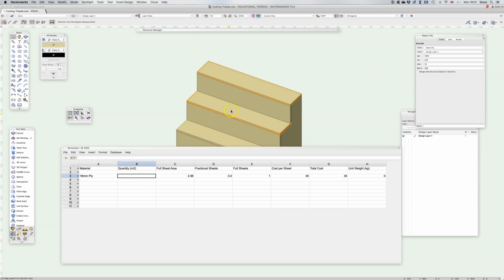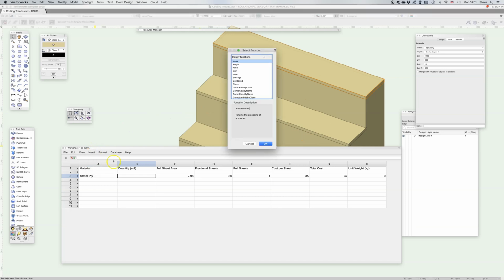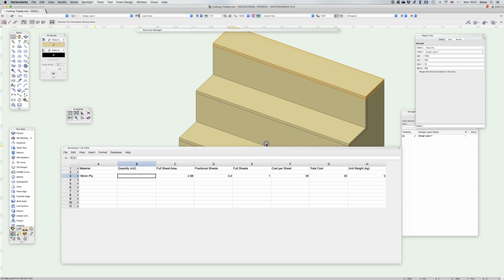So to get the quantity, the square meterage of all the pieces together, sorry, I need to insert a function, and there's a whole load of inquiry functions here, and it's an area function, which will return the 2D area of these objects. So I OK that, and it's a function. Now I then need to insert a criteria,